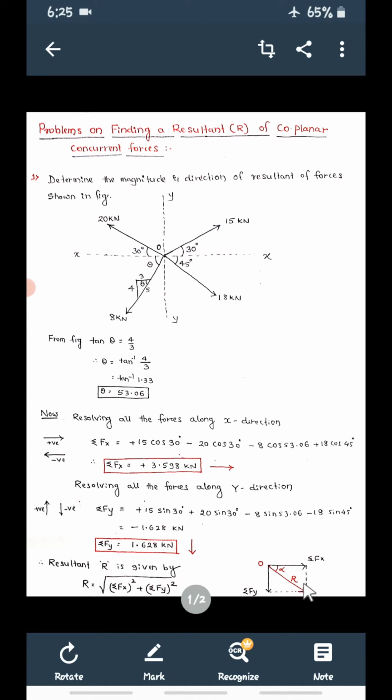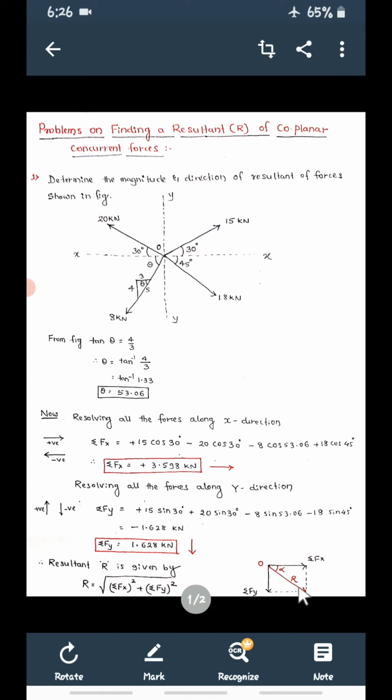So complete this, okay, complete this parallelogram, right? Or complete this rectangle, whatever may be, rectangle. Now this is summation Fx, this is summation Fy. So complete this rectangle. So whatever the diagonal is there, so draw diagonal. So diagonal itself indicates the resultant. So diagonal will going to indicate resultant.